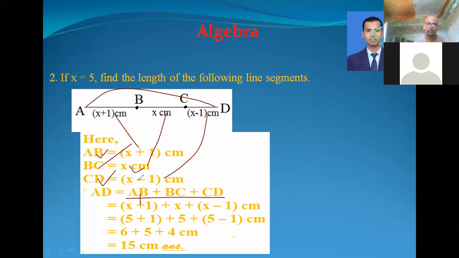Similarly, value of CD is here x minus 1 centimeter, and all the lengths are given in centimeters, and we are adding them. That's why we can write centimeter at last after adding all the lengths. So the value of x is here. Look here, value of x in the question is 5. So we replace x